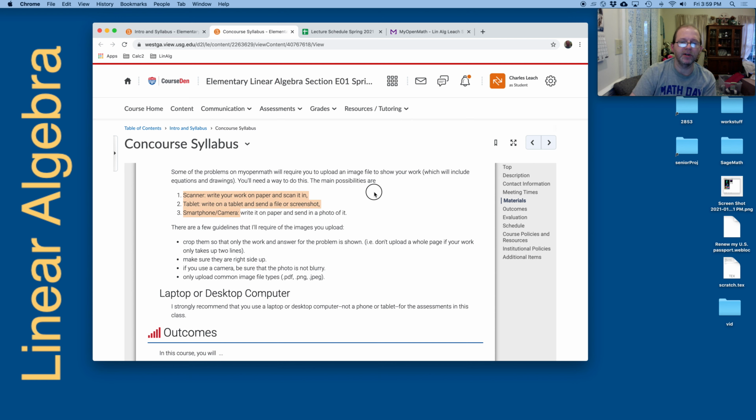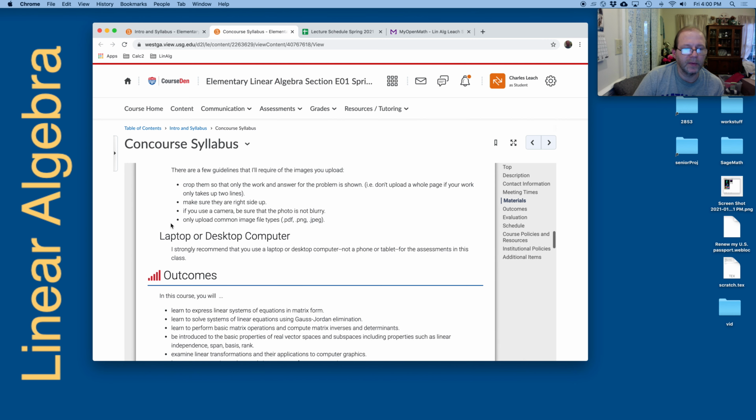If you do use a smartphone and just take pictures and upload them, please follow these guidelines so that the pictures you send are decent quality for me to be able to read. I also strongly advise that you do most of this course on a laptop or a desktop, especially the assessments. I think doing this on a phone or a tablet would not be ideal.